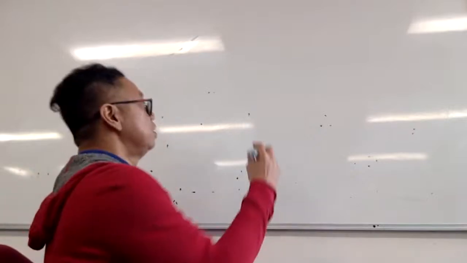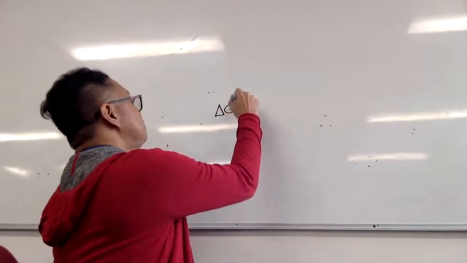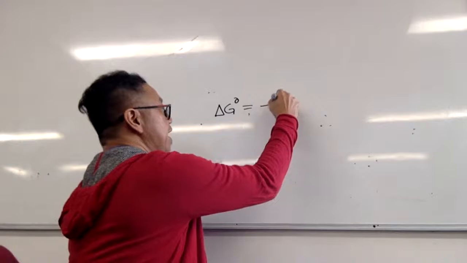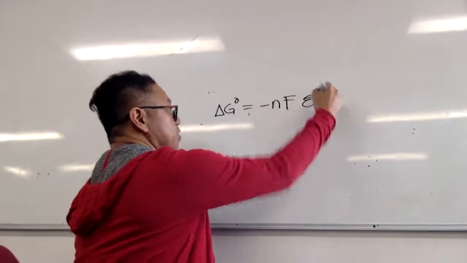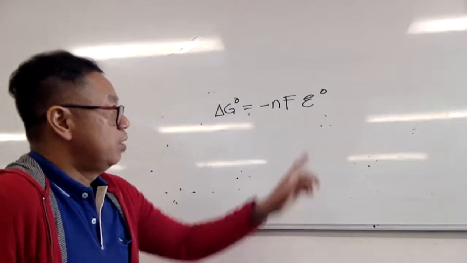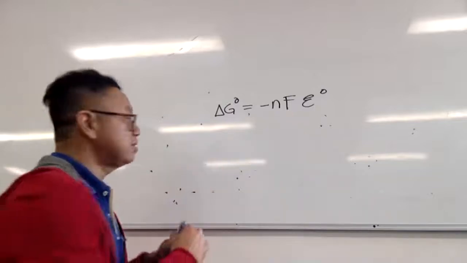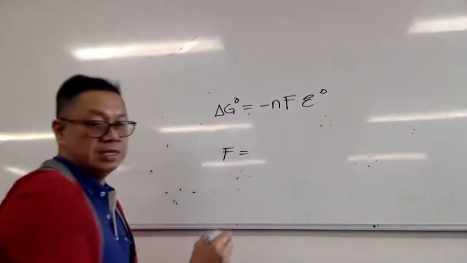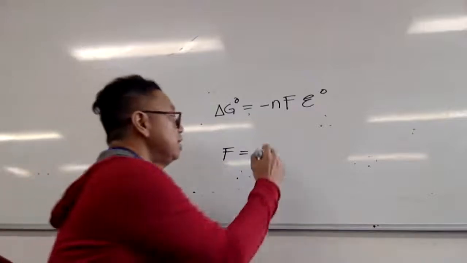Okay, so we'll be talking about number 10, page 10. Now, like I mentioned before, your delta G naught is equal to negative n F E naught. Faraday's constant. What is Faraday's constant? Faraday's constant is equal to